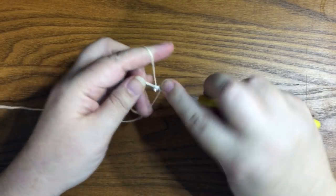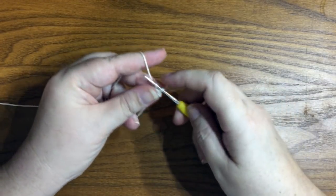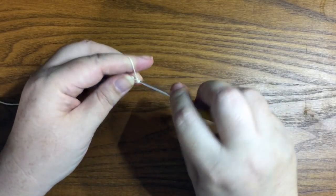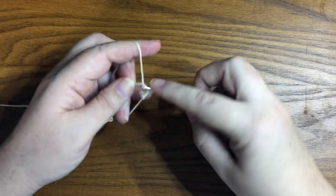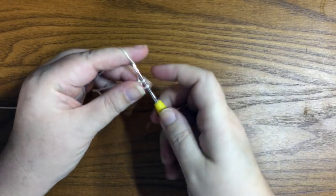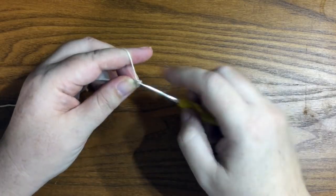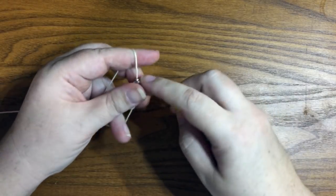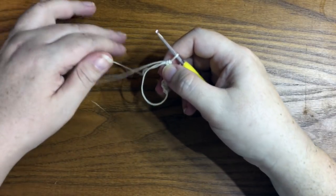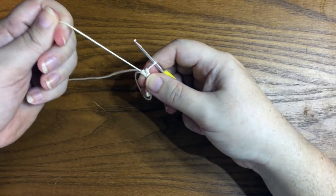Single crochets, 1, 2, 3, 4, 5, 6, 7, and 8. Once we have those, I can free the tail here out of the center and pull on it